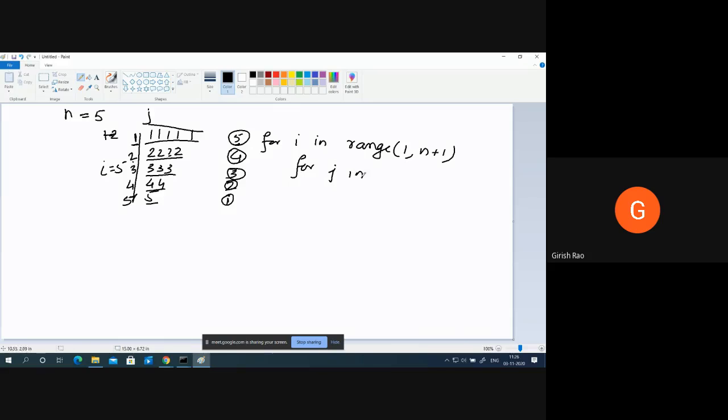For j in range, every time it is going to run 5 times. That's not what we want. We want every time to be reduced by 1, right? So if you say n minus I, then this is not going to run because n minus I will give me 4. That means let's make this 0. Rather, let's put it n.